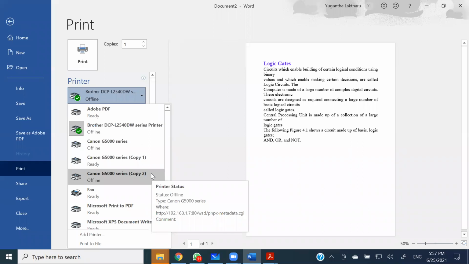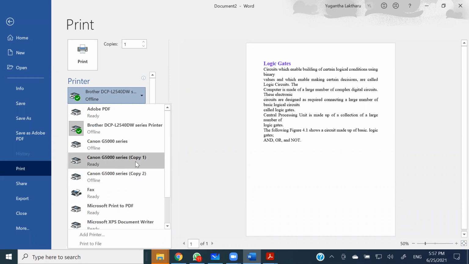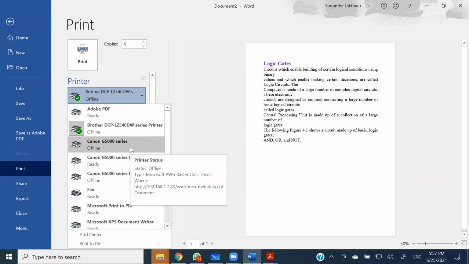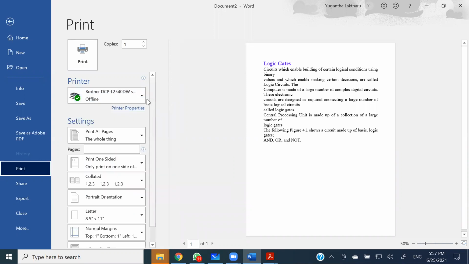Or you can load the papers, right? So here in my Canon printer, I got 2 trays, which is from the front and from the back, right? So I can specify what is the tray that I'm going to use, or I can just specify you use a tray where you got papers, right? And it will print as it is, right? So it is the way that we can choose the printer, and from these printer properties, once we click on that,